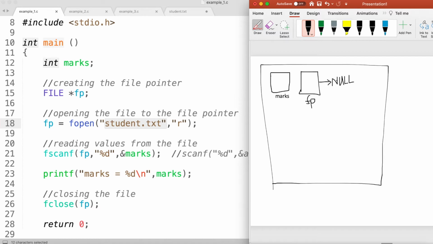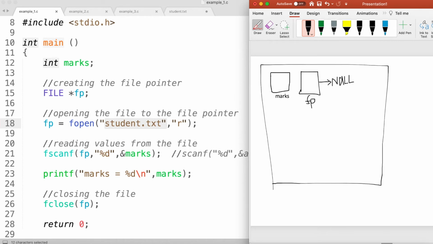Because of that, it's trying to read someone else's memory. So that's why it's giving the segmentation fault. It's trying to go to a different segment. It's trying to read the information from this null file pointer. It's not a legal segment in this program, and it's reading that information from the null file pointer.